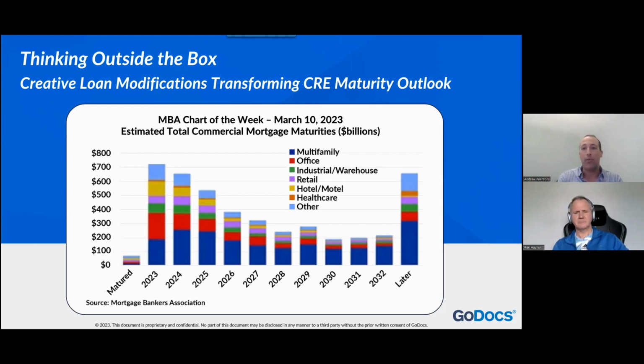But what I think is really important to note here as well is that it's not just office and retail space, it's in fact multifamily commercial loans as well that are arguably the biggest chunk of what's going to come due in 2024, 2025, and beyond. Ren, anything else you would add as you look at the data on this slide?